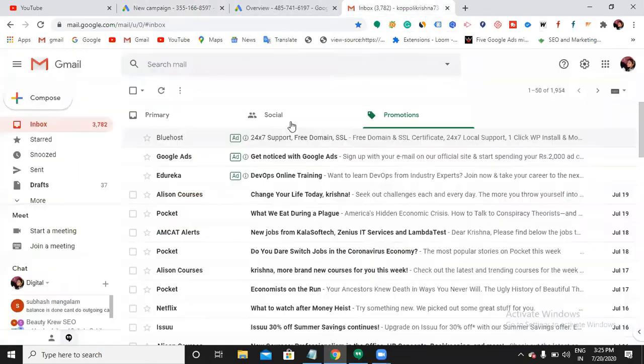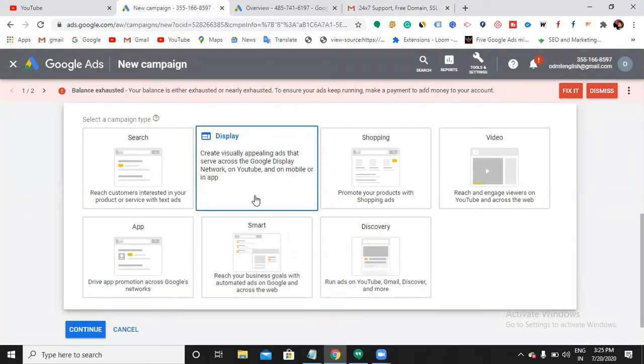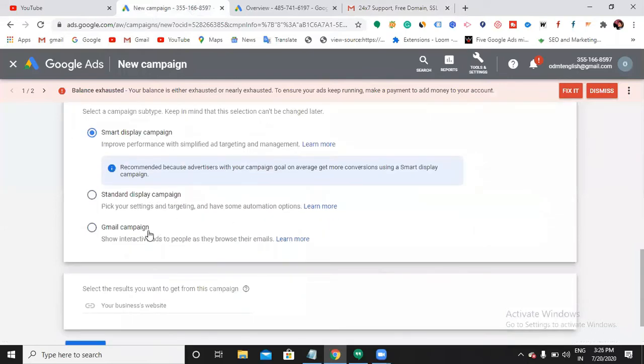Now what type of ad is it? I'm opening it and I can see a banner ad here. What type of network do I have to choose? Display network. Next: smart display, standard display, and Gmail campaign. Gmail campaign.